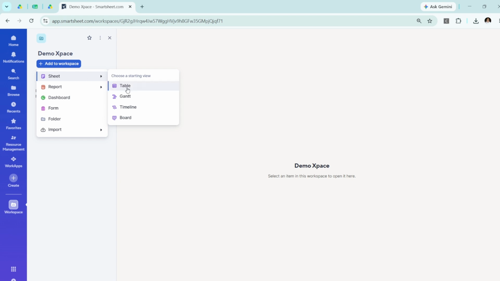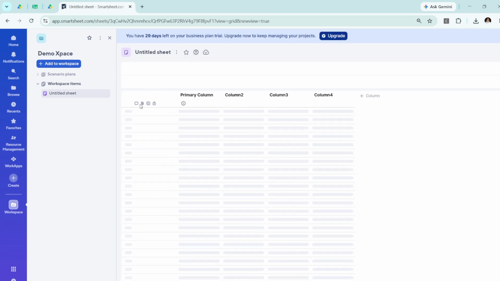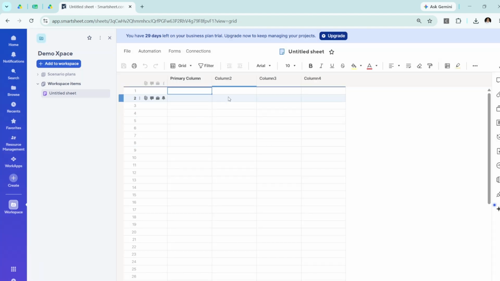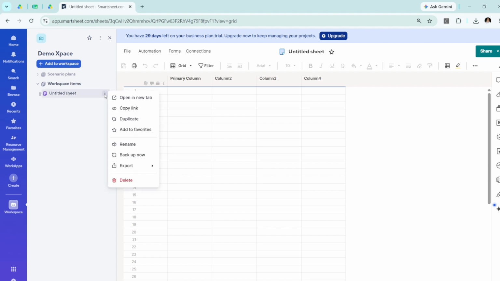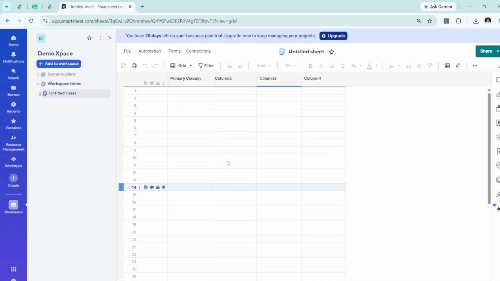After selecting Sheet, you'll encounter several format options, including Grid, Gantt, Timeline, and Board. Each format offers a unique way to visualize and organize your information. Choose the one that best fits your current task or the type of data you're working with. For instance, if you're managing tasks, the Gantt chart might give you a better visual timeline. Once you've picked your desired format, it's time to name your new sheet. Here, you can get creative. Rename it to Tab 1, or choose a name that represents the category or type of data it will hold. This naming acts as a label, similar to what you would expect from a traditional tab, and ensures your project